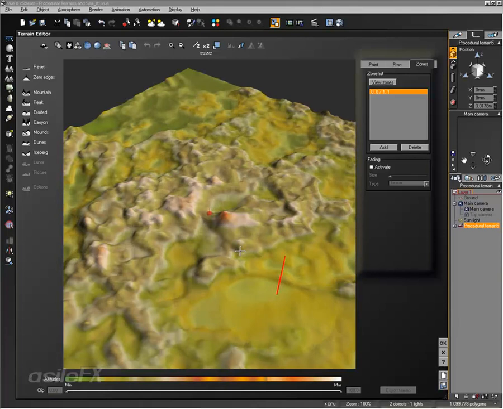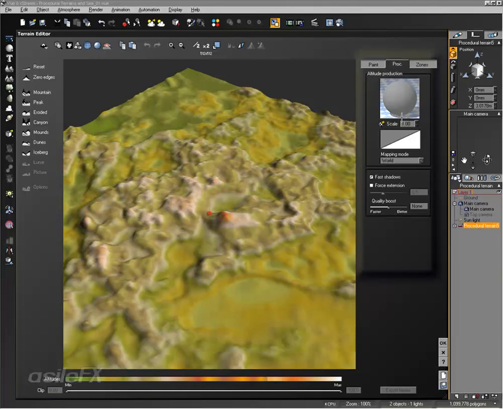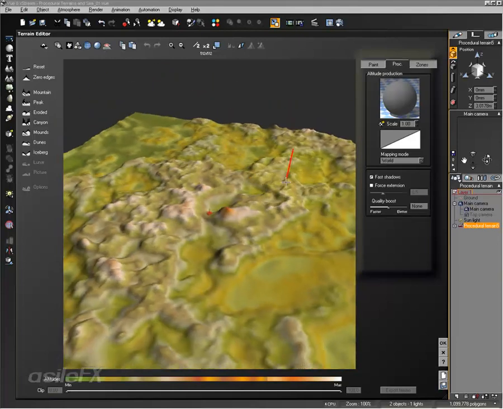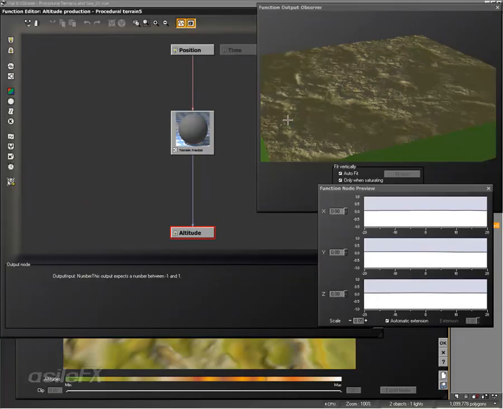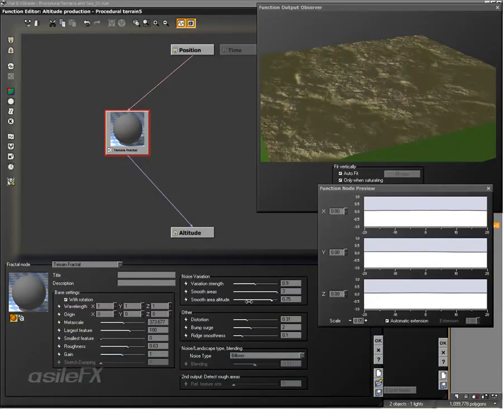So whether or not that's going to dynamically update with the final version, I'm not sure. It should. But if it doesn't, then you can just draw out a new specific zone. We'll take a look at zones a little later, once we start looking at the painting and different areas and other areas of the terrain editor. But what I want to show you is how we can connect two different materials to be controlled by those